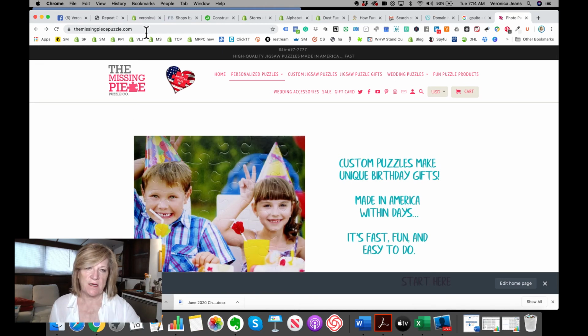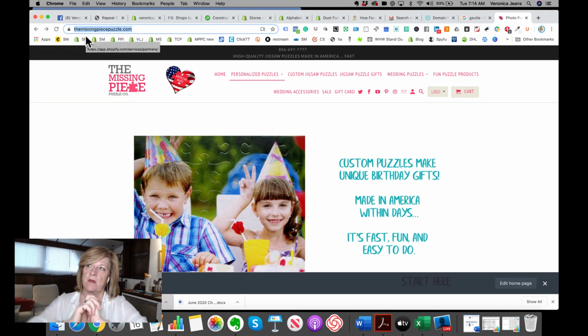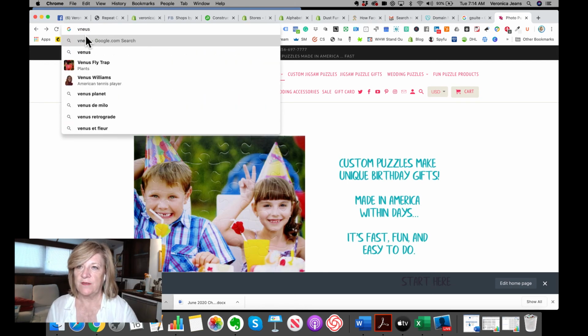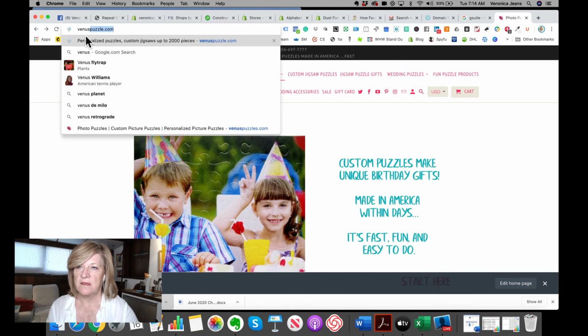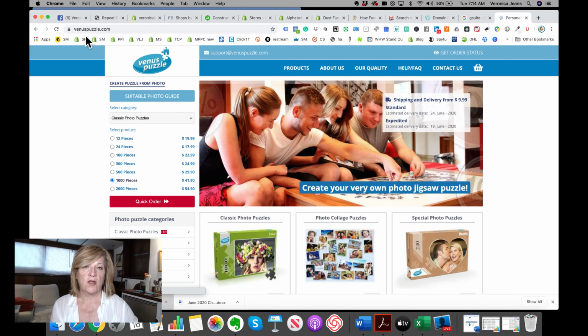So Donna, the Missing Piece Puzzle lady, researched her competition. And so Venus Puzzle is one of the larger companies that she competes with.